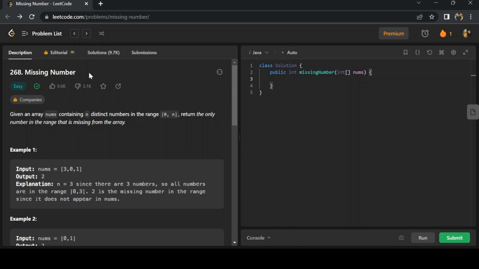Hi, let's solve this missing number problem. So the question goes like this. Given an array of numbers containing n distinct numbers in the range 0 to n, return the only number in the range that is missing from the array. So if you consider the array as 1, 3, 0 and 1, so the number over here which is missing is